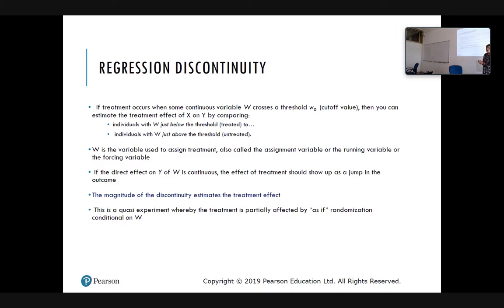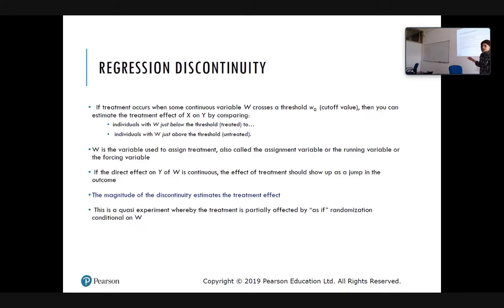And these are, well, in this case, these are the untreated ones, in my example, the individuals which are just above the threshold. And these are the treated in my case, because these are the ones who are allowed to actually attend the summer school. So the regression discontinuity is applied whenever we have an assignment of the treatment which depends